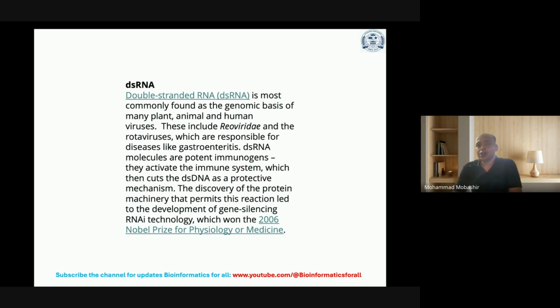These include the reoviruses, viroids, and the rotaviruses, which are responsible for diseases like gastroenteritis. And dsRNA molecules are potent immunogens. They activate the immune system, which then cuts the dsRNA as a protective mechanism. The discovery of the protein machinery that permits the reaction led to the development of gene silencing RNAi technology, which won in 20